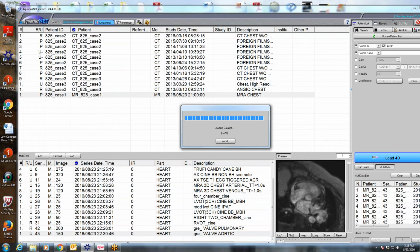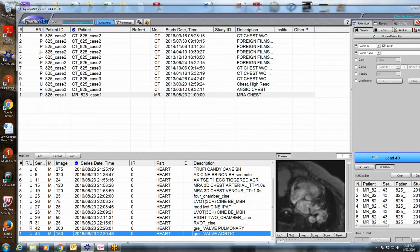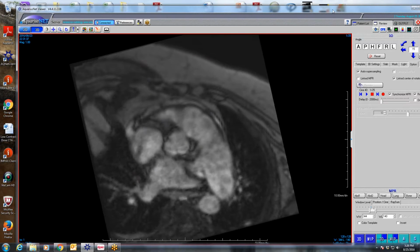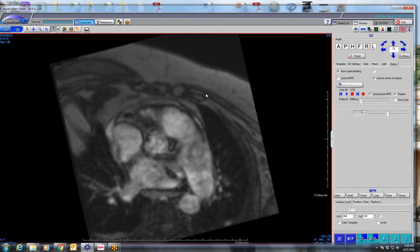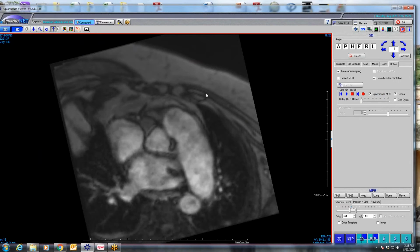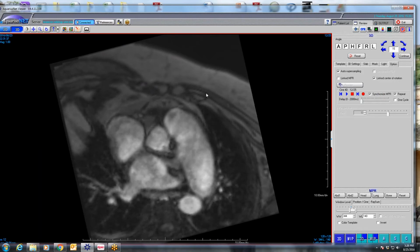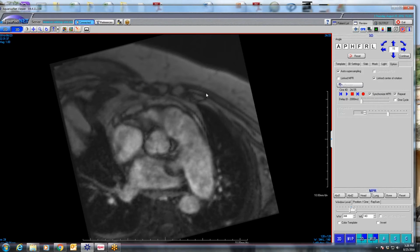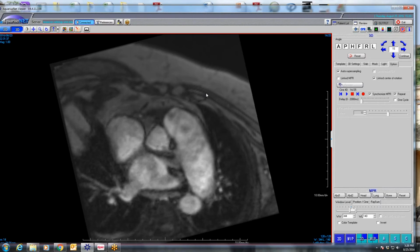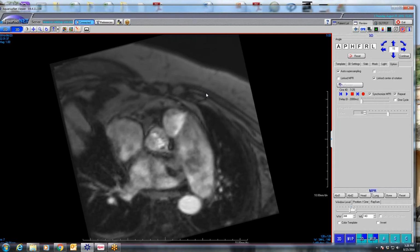But she didn't have pulmonary regurg, did she? No, but she didn't have stenosis. That was the thing. Bicuspid, but not stenotic. Her velocities were not elevated. She had no regurg. Her max velocity was actually only about 140 centimeters per second, and they got a very similar number on echo. By planimetry it was nowhere near being stenotic, but